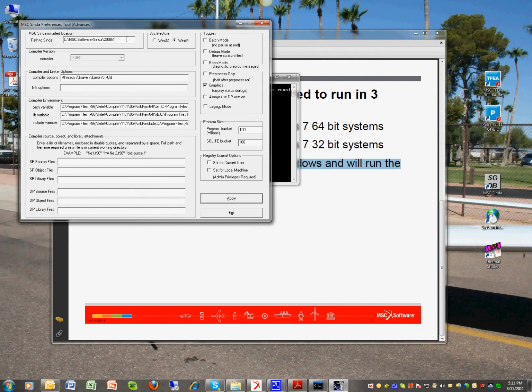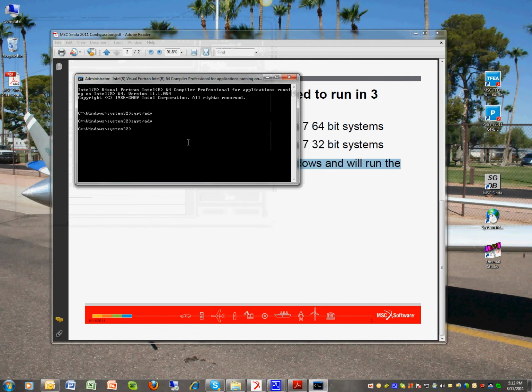I was pointing to my old directory where my old Sinda was. I need to change this to 11.1. There's no point in there, it's just 111. And now let's apply it here. Because now I'm in the 64-bit and I want to use the binaries that are in that folder. So go back to our dashboard,